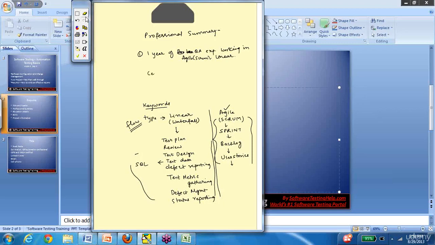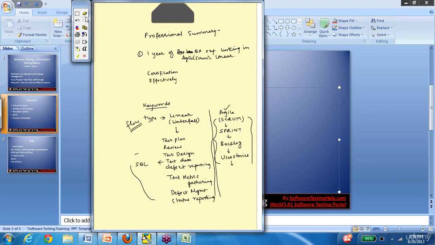Or you can say certification information; if you have any, include certification. Next comes tools. So, effectively executed defect management using, you can include tools like Jira, Bugzilla, HPALM.